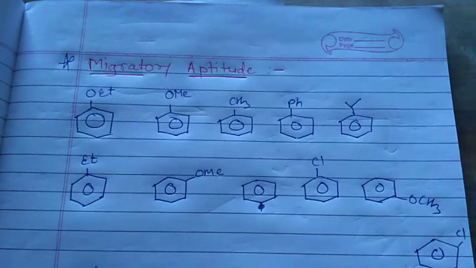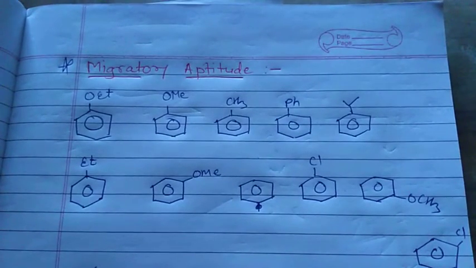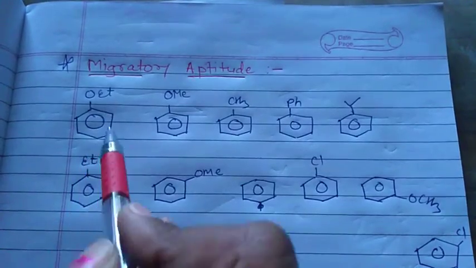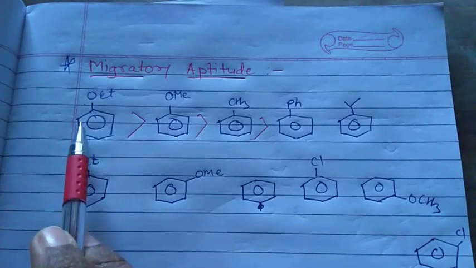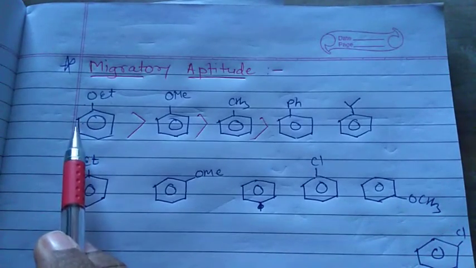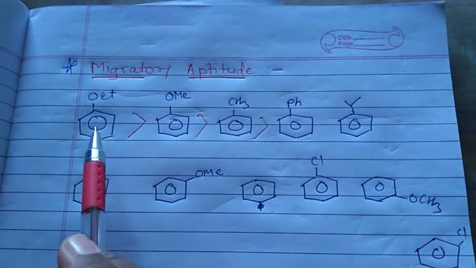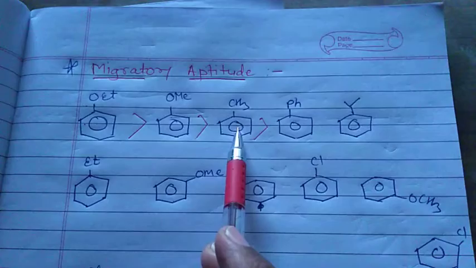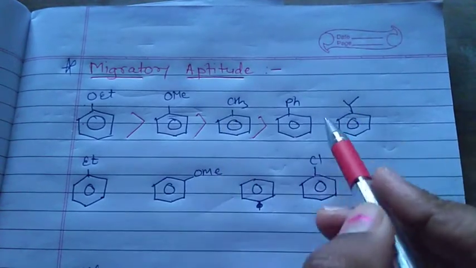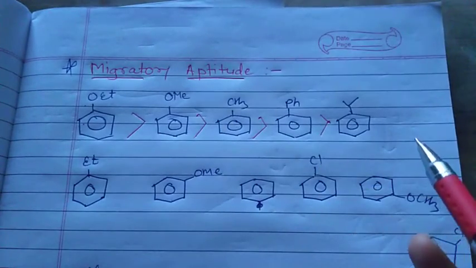Let's learn the migratory aptitude here. This is the decreasing order of migratory aptitude. OEt shows the highest migratory aptitude, about 500, then OMe, then the methyl group,